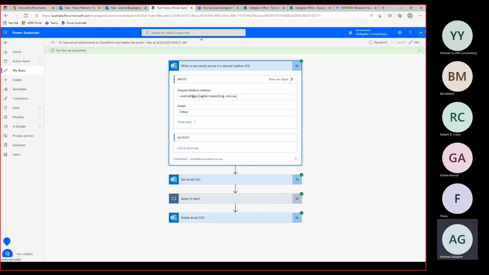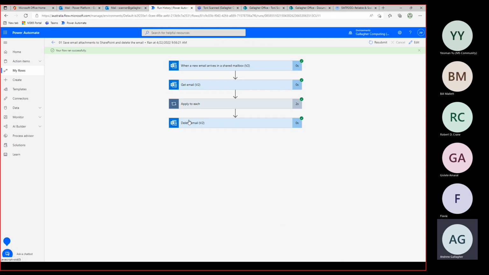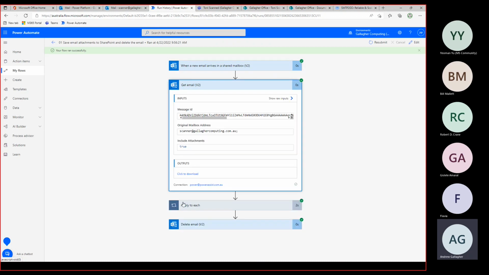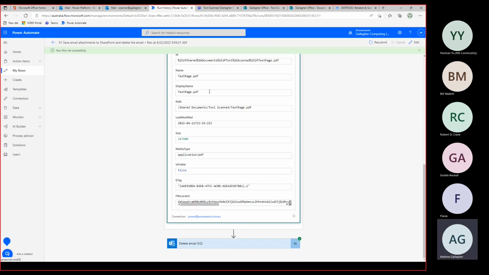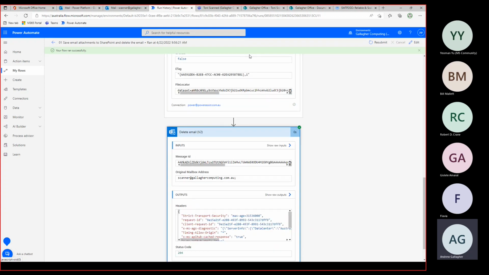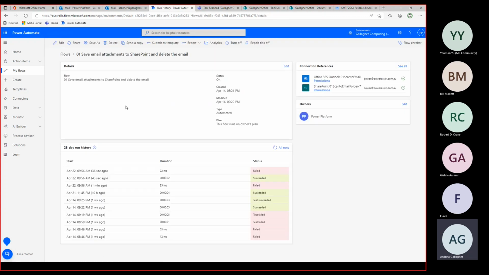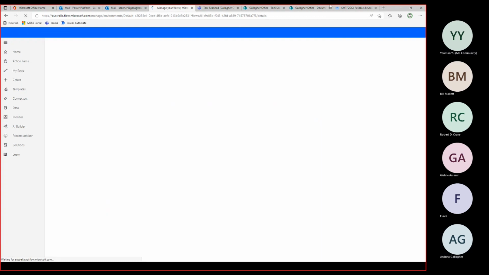Let me run through. Okay, so here you can see that the email has arrived into the shared mailbox. It's got the email. It's created the file, the test PDF, into the scanned documents, and then what it does is it deletes the file. I'm just going to refresh this one more time.